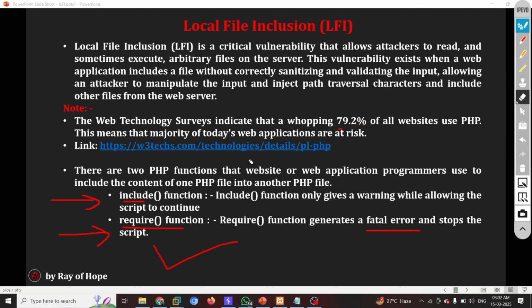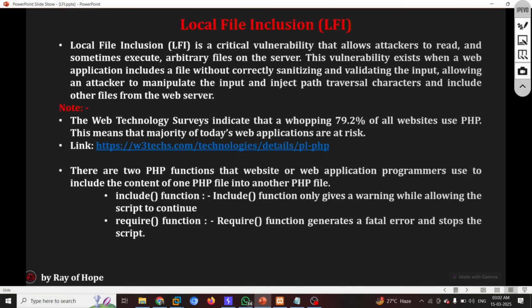I hope I made my point clear and you have a basic understanding of how exactly LFI works and why PHP is important. Sometimes we also recommend avoiding these functions. We will talk about this in our mitigation chapter. So I hope the basics are clear now.